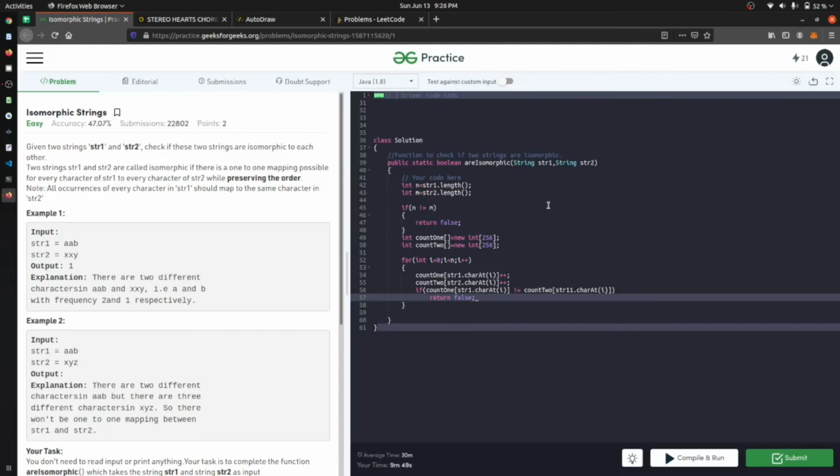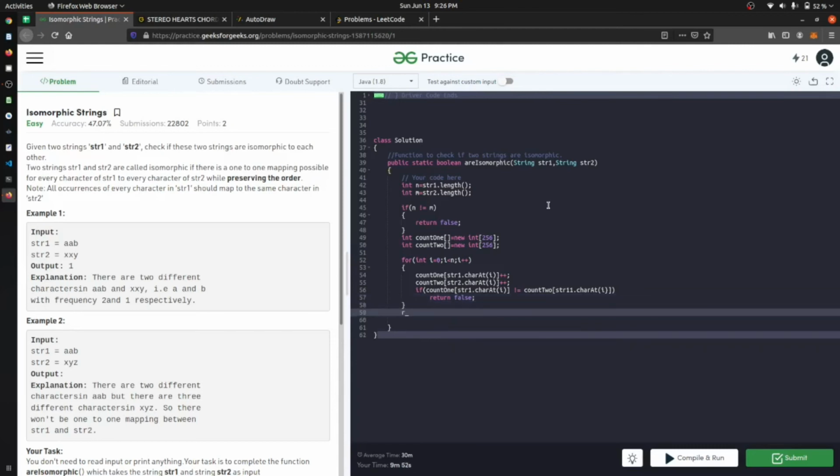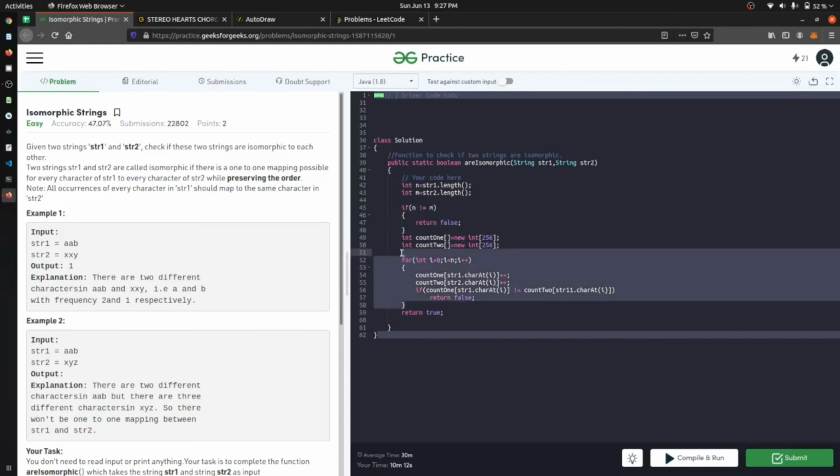Okay, and if it is not the case, then we will just return true. Okay, so what we are doing, we are checking if the length is equal or not, then we are counting the elements at every index place and just increasing the values by 1, and just checking if the elements at the specified locations are the same or not in the created arrays, and if they are equal, then we will do nothing, and if they are not equal, we will just return false.